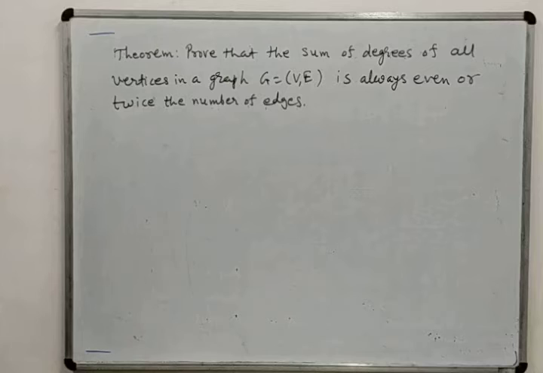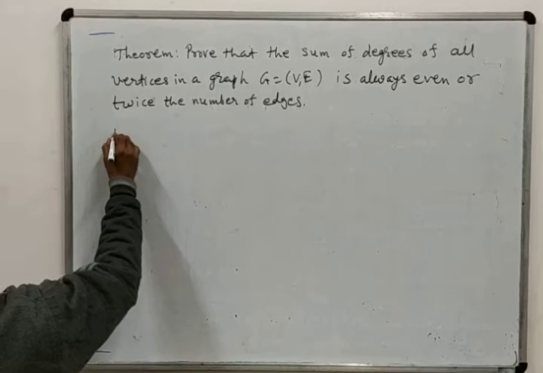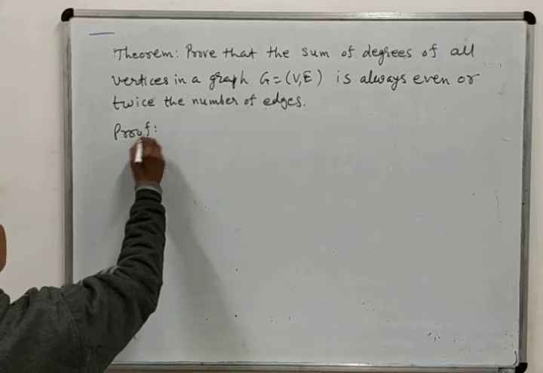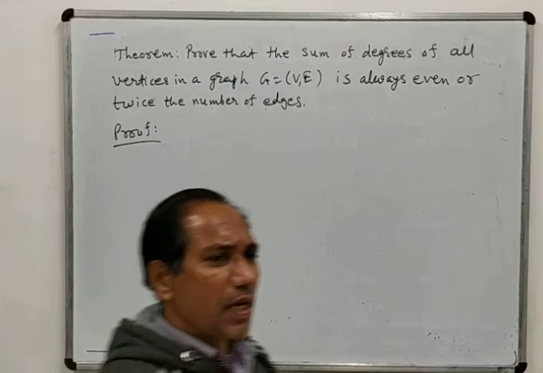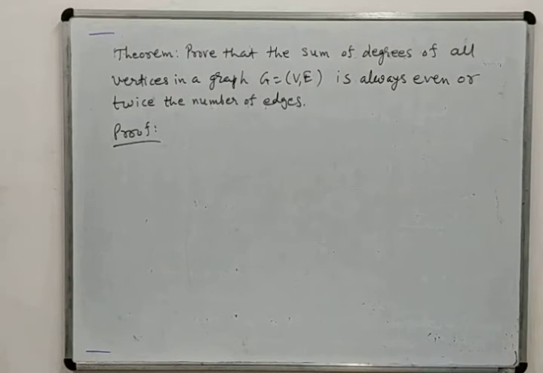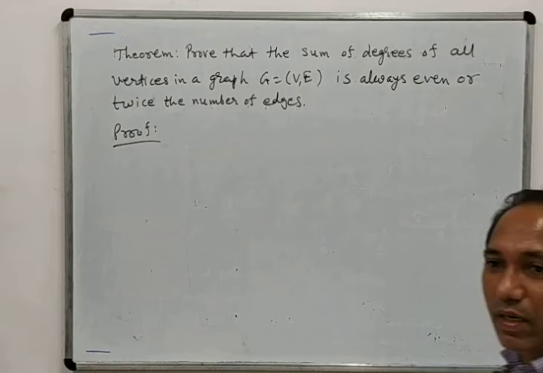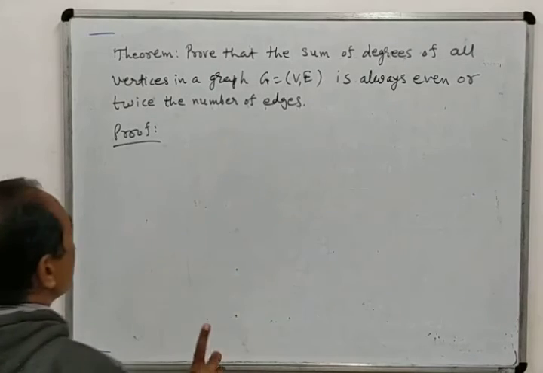Now, as I told you in the last example of the graph, you must remember the point that each edge counts degree 2. So here the proof is very simple. I told you that in graph theory, all the proofs and solutions of the examples are very easy. Once you understand the concept, once you understand the meaning, then you can put the whole situation in your own words with proper meaning. Meaning must be preserved there.